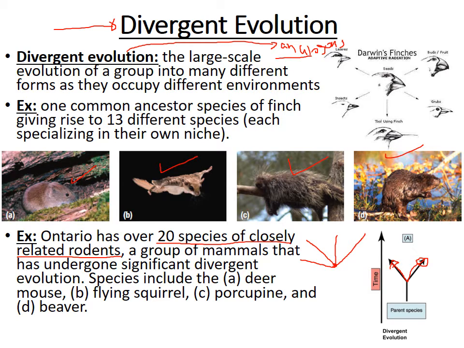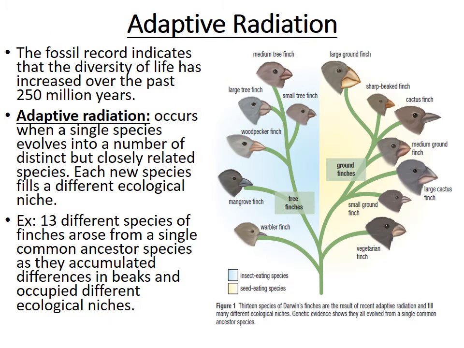Oftentimes, divergent evolution can lead to what's called adaptive radiation. Adaptive radiation is where a single species will evolve into a number of distinct but closely related species. So we have a common ancestor, and then you have a whole bunch of different species that arise from that common ancestor, and they look different because, again, they're in different environments. This is a special case of divergent evolution. There's essentially a lot of species that arise from a single one in a relatively short amount of time. And when I say a short amount of time, I don't mean one day, but a short amount of time